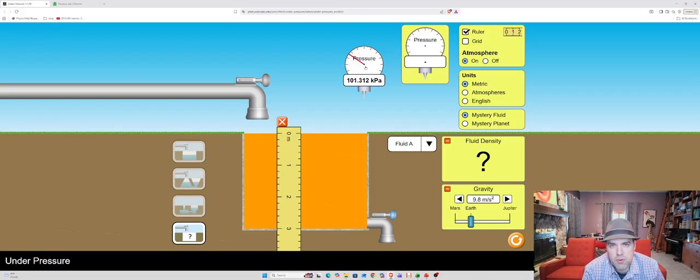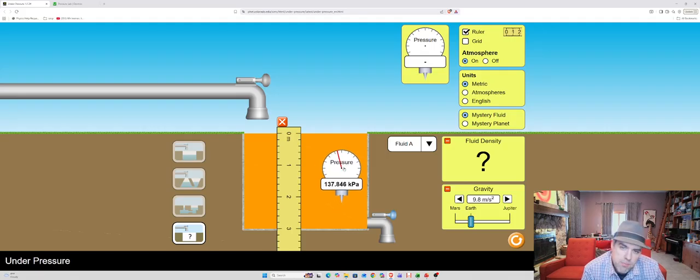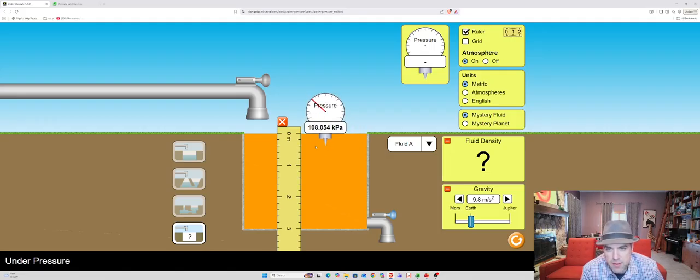And I'm going to click and drag my pressure meter. The pressure meter is going to record the pressure at the very bottom tip of this triangle. The first data point we want is at 0.4 meters. We've got to look carefully at this ruler, because there's only 5 tick marks between 0 and 1, which means that every one of these tick marks is 0.2 meters. So if our first point is at 0.4 meters, we have to go to the second tick mark. So it's 0.2 meters, 0.4 meters, 0.6 meters, 0.8 meters, and 1 meter. So let's go to the second tick mark. We want to make sure the bottom of this triangle is parallel with the 0.4 meter tick mark here. So our first data point is